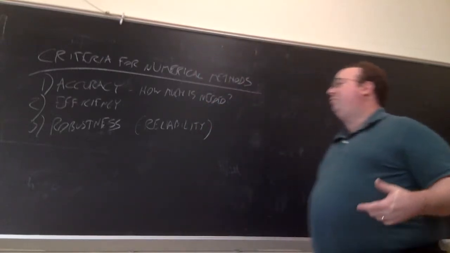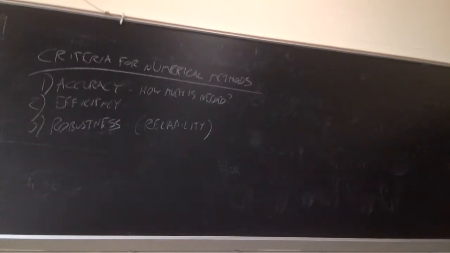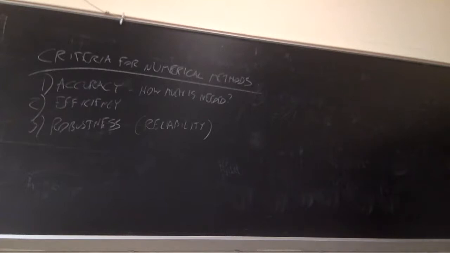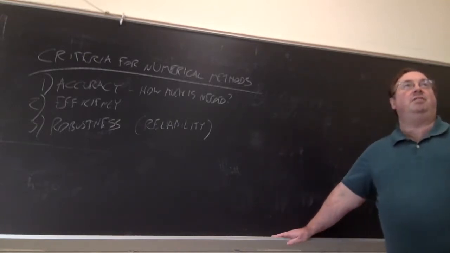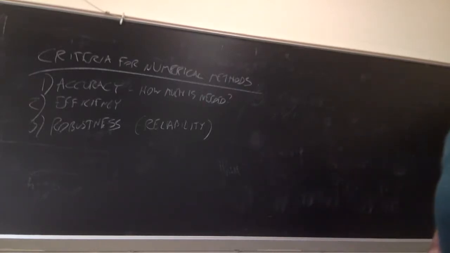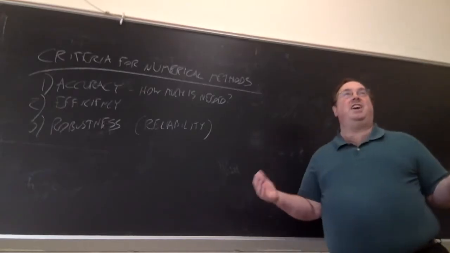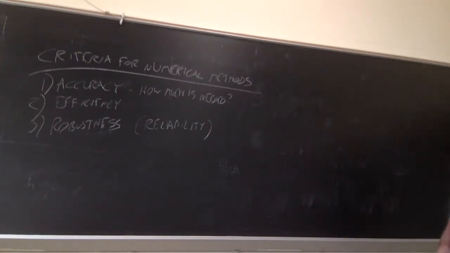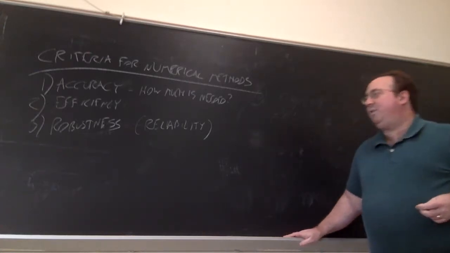You can have a general purpose method like Gaussian elimination, but for certain problems, it may produce a horribly inaccurate answer. That's because the problem is what we'll describe as ill-conditioned. And when we get to that point, I'll explain what that means. But the general idea is a small change in the problem data could cause a very large change in the solution that's produced. So what if you can't trust that answer? Maybe a different method or different approach to a problem can help with that. So we have to keep that in mind.